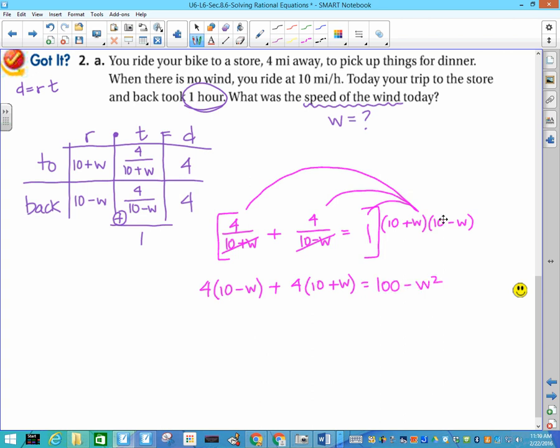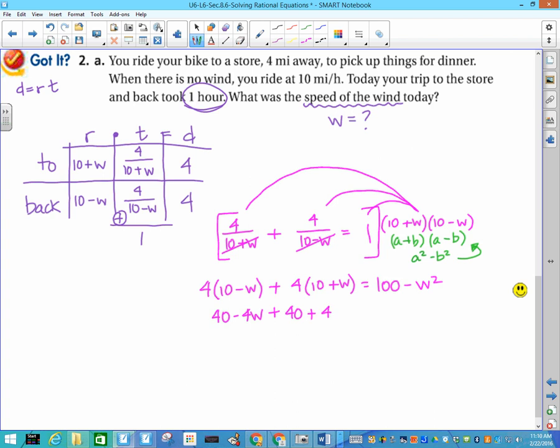So in case you forgot, y'all, this is like A plus B times A minus B, and that equals A squared minus B squared. And what you've been doing the last 2 days is going this way with it. So you can see that it's kind of important to be able to know how to go both ways on that expression. Okay, so let's get rid of our parentheses, and that leaves us with 40 minus 4W plus 40 plus 4W,